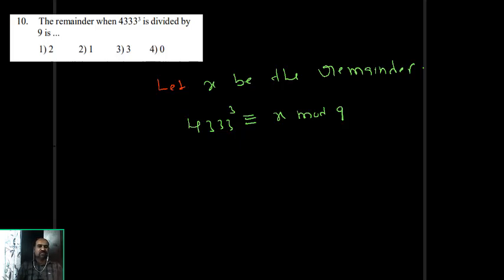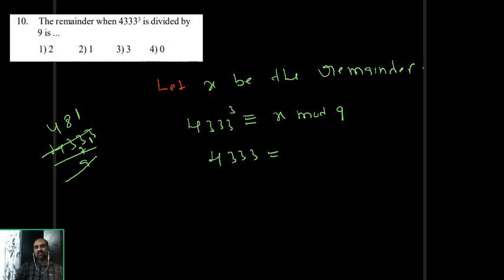First of all, 4^33 divided by 9, what is the remainder? 9 6s are 54, 9 5s are 45, 9 4s are 36, 36 means 4, 7, 73. 9 8s are 72, 72 means 1 remainder. So 9 1s are 9, means how much? 4 remainder. What can I say? 4^33 is congruent to 4 modulo 9.